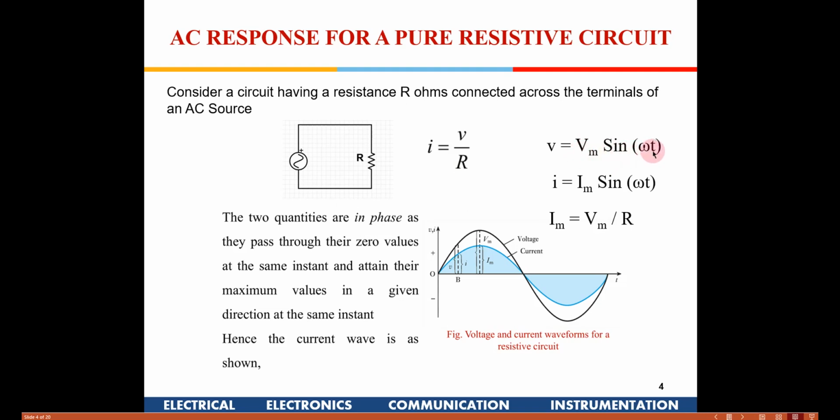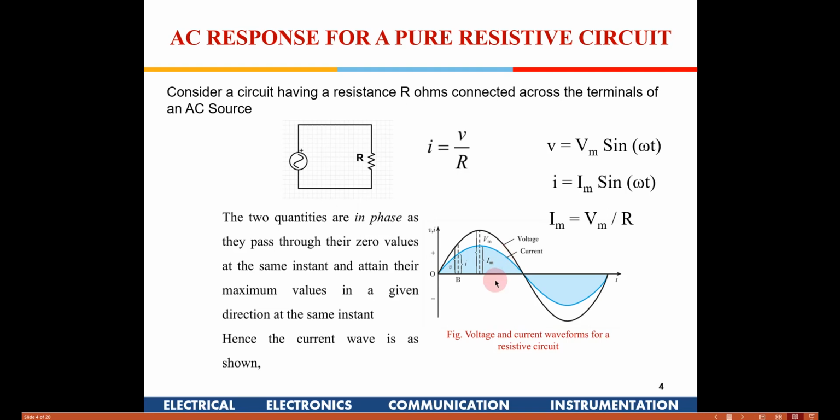The only difference here is that the voltage in this case is a time-varying function, like small v is Vm sin omega t. So with time the voltage is going to change. From 0 it is going to reach Vm and then negative Vm, right. The current will also follow the voltage exactly in phase: i is equal to Im sin omega t. The value of Im will be given by Ohm's law, which is Vm divided by R. So these both are exactly in phase. Is it understood?